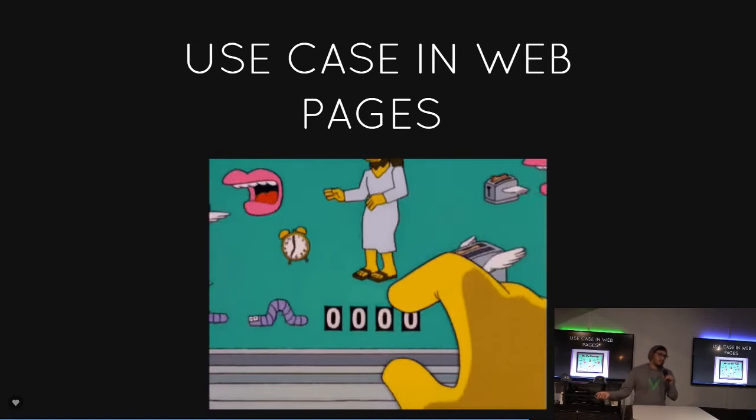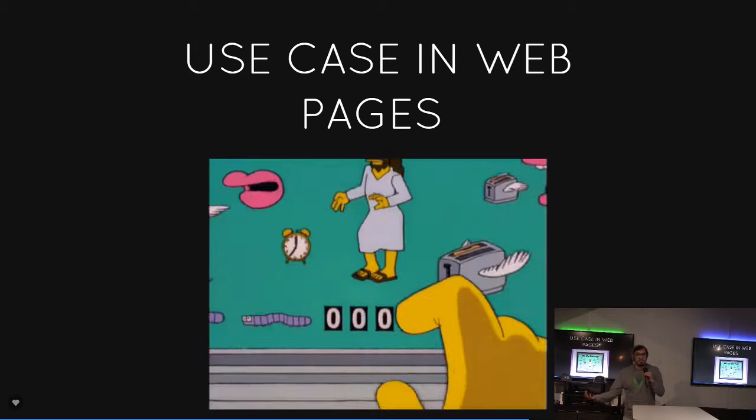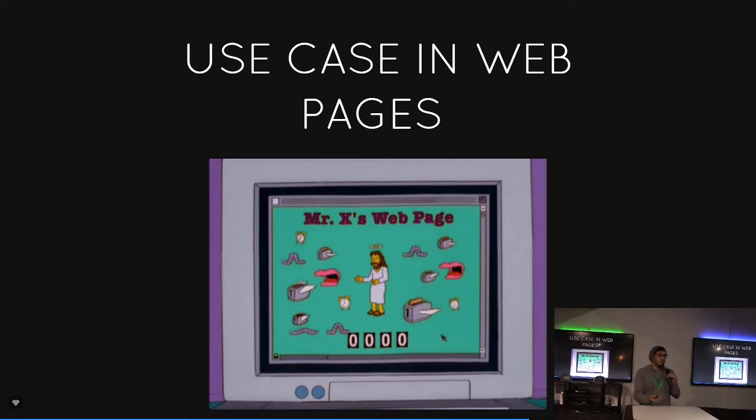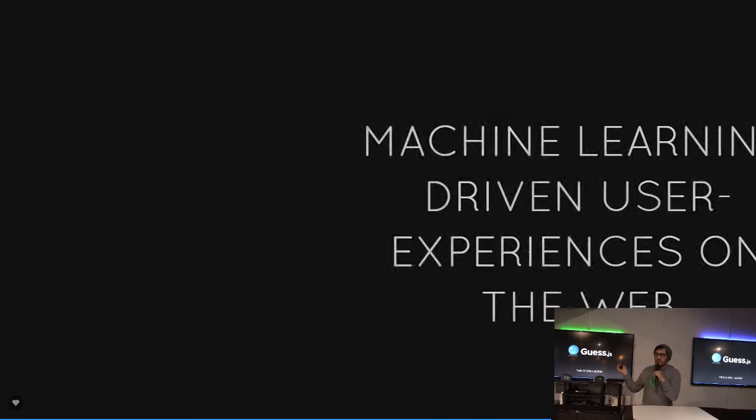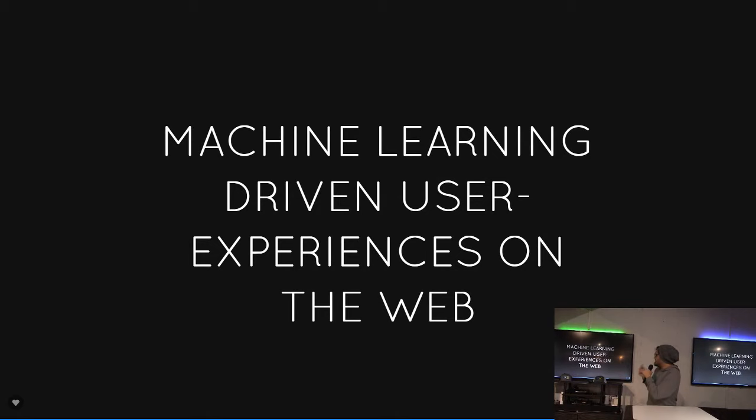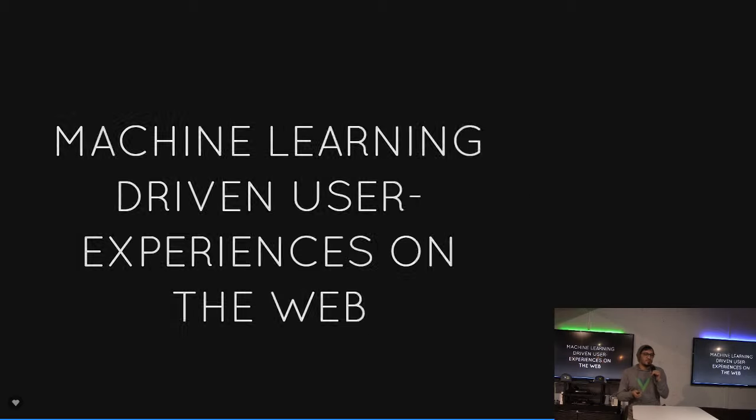So in playing with all these things, I found some other interesting libraries specifically for web development. These are use cases specifically for web pages, or one of them is. And this is called Guess.js. And this is not image prediction really. It's prediction, but it's not prediction on human stuff. This is prediction based on data that I didn't have enough of to really get a good example with, but I wanted to mention. So this is machine learning driven user experience on the web.